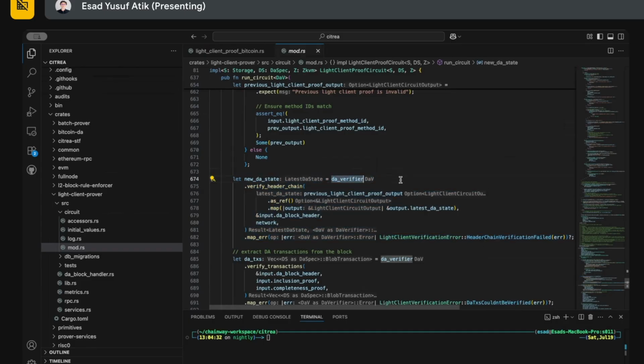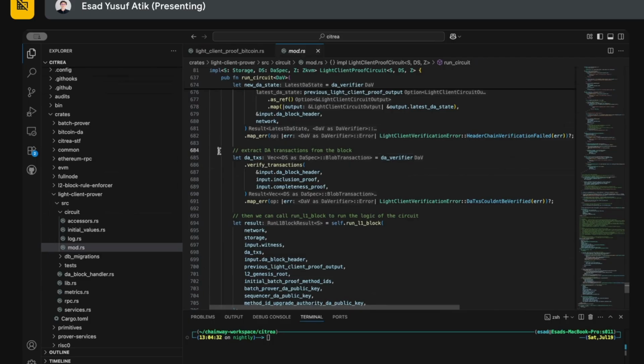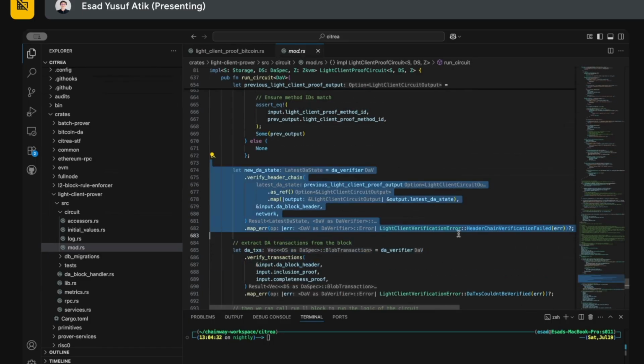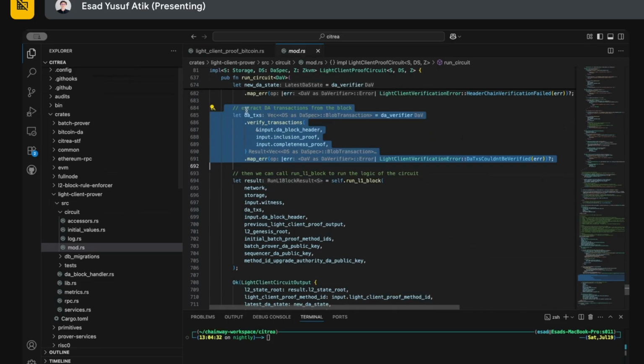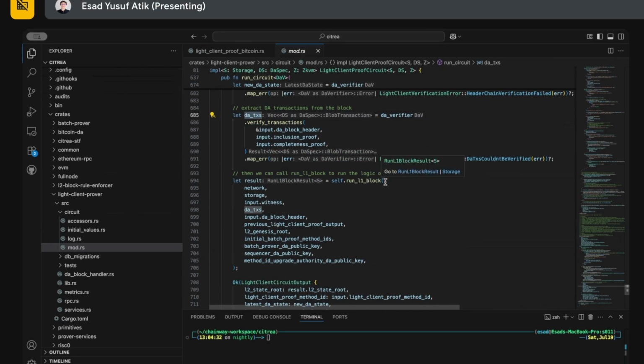Again, this calls the DA verifier. And then if you verified this new block to be correct, you can go ahead and extract the relevant transactions from the block. And then you can pass these Bitcoin transactions, which possibly contain sequencer commitments and batch proofs, into